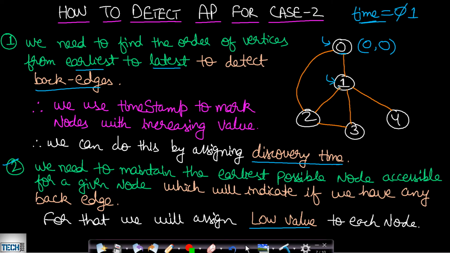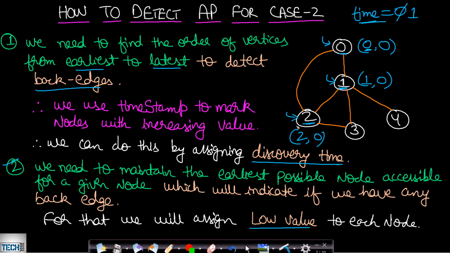So if we go to this node 1, then its discovery time is 1, and the earliest possible node which we can reach from this node 1 is the node itself. But if you go to this node 2, then you can see that from node 2 you can reach node 0, which has discovery time 0. Therefore we will write low value as 0 here. We will not be considering a back edge from a given child node to the parent node. I will be explaining why in some time. In this way you can assign discovery time 2 here, and the lowest, that is the earliest possible timestamp node reachable from this node 2, will be 0.